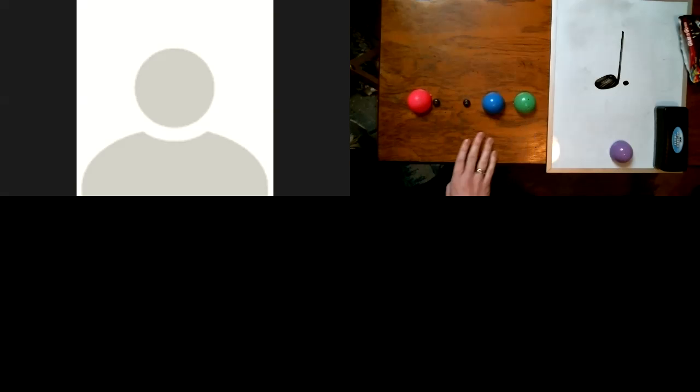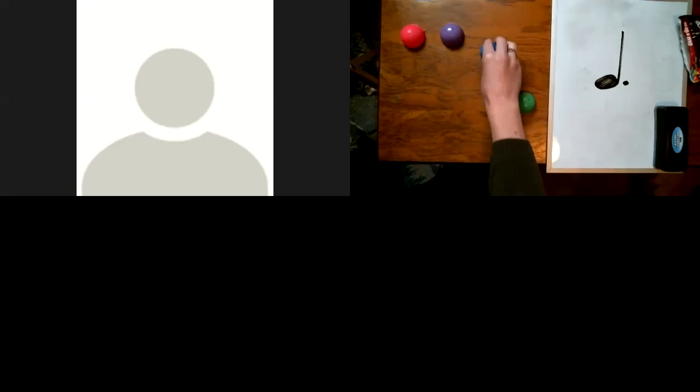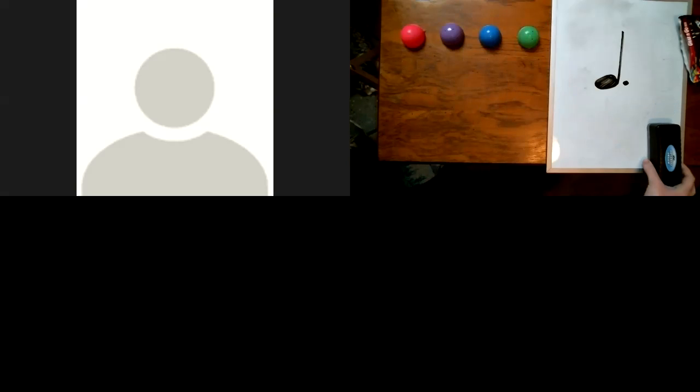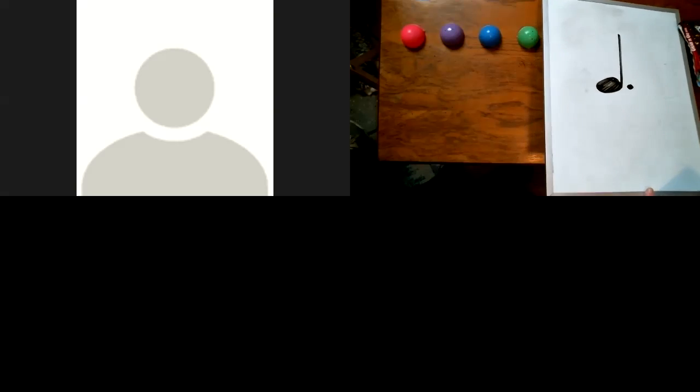Okay. So now I'm going to move these up here, and we're going to write out what it is going to look like on the page. I'm going to be using this whiteboard. Oh, sorry about the glare there. Maybe I'll just turn the light off real quick. Okay, so if we have one measure in 4/4 time, we can have